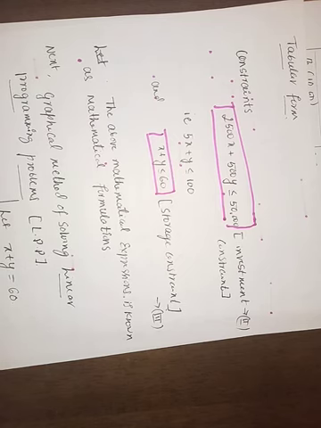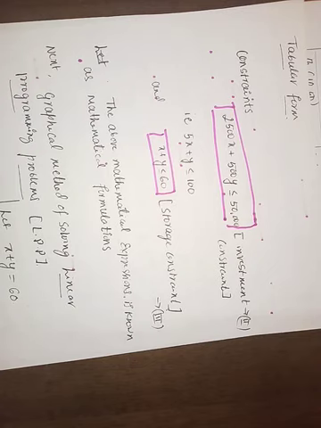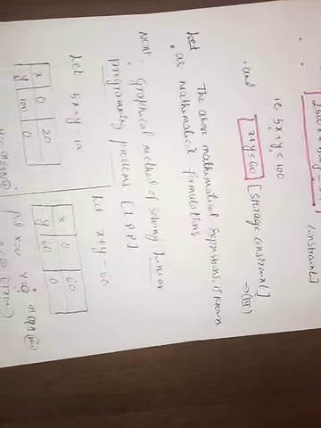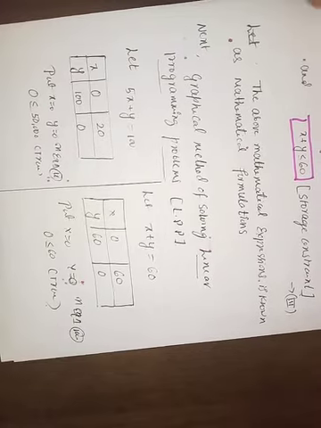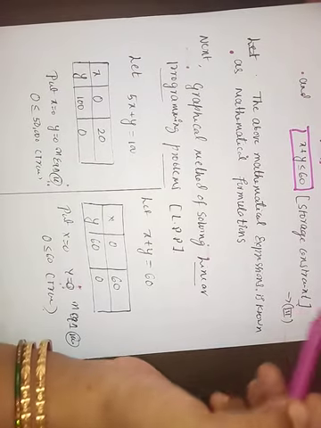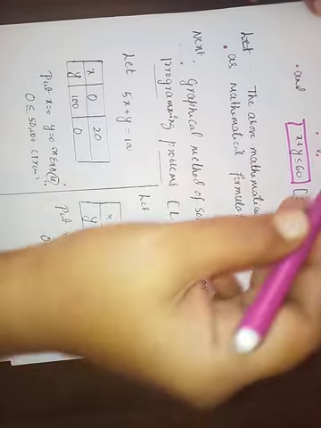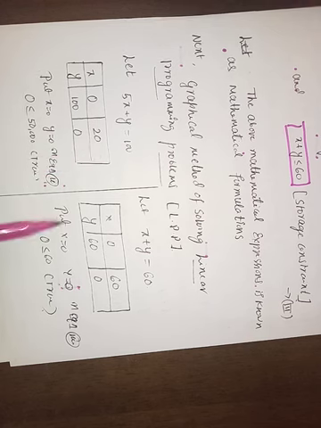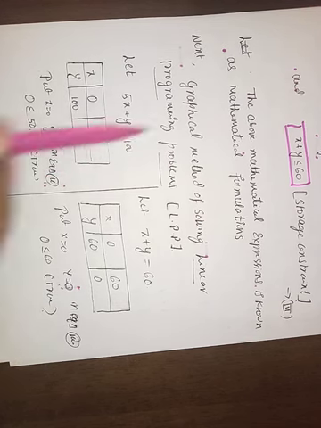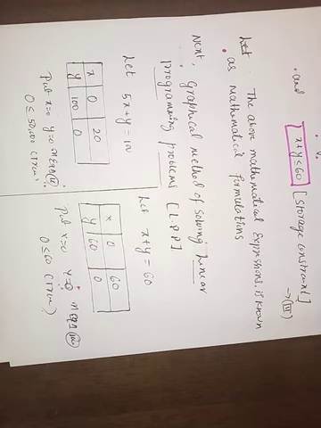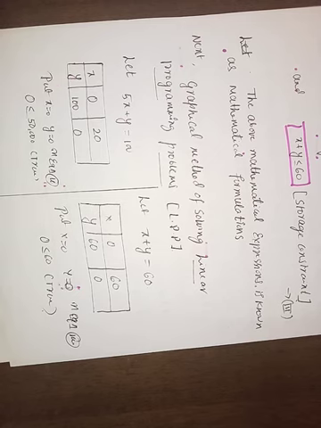Next we want to convert that into graphical form. For that, how many constraints are there? Two constraints. We have to convert them into graphical form. First, 5x plus y equals 100, and another one is x plus y equals 60. Convert the inequalities into equality signs. As we know how to calculate the x intercept and y intercept, put x is 0, we get y is 100; y is 0, x is 20.